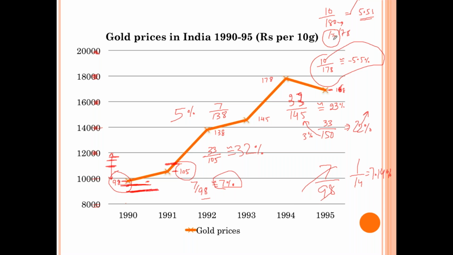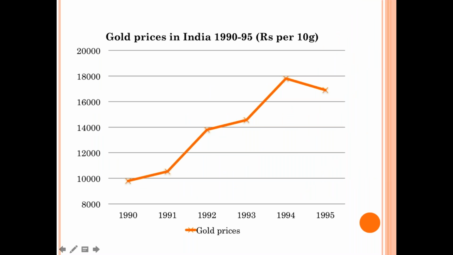Now let us move towards the last two concepts quickly. The last concept here we have is simple annual growth rate. See, simple annual growth rate is your initial value, which was 98, and the final value, which was your 168. So you got 70 increase upon 98, right, into 100. This change is approximately 71.4%.